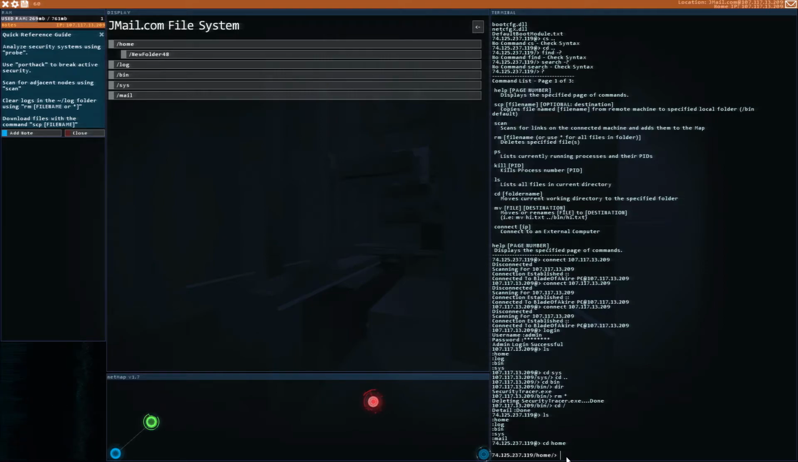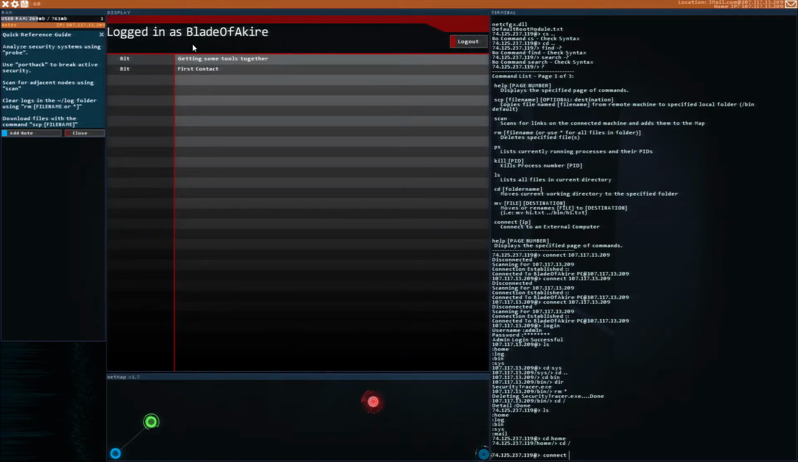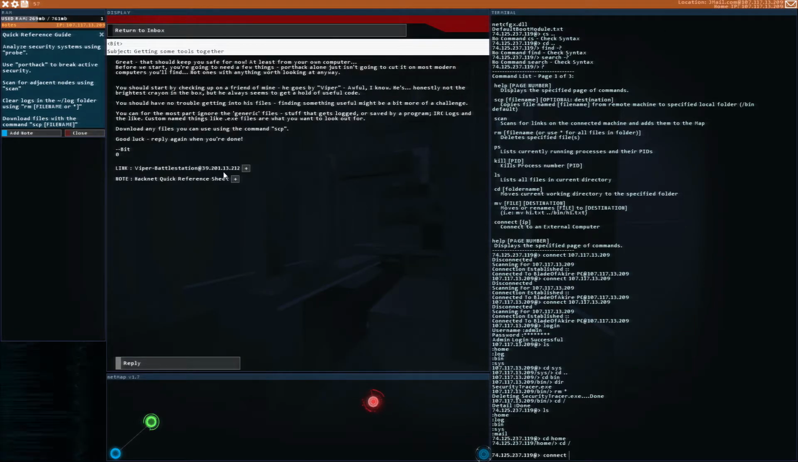New folder 48. Do we put it in there? I'm just going to put it in home, I think. Just put it in home. Right. Can I use connect and then... Oh, I don't know his machine name. Okay. Into the mail. And the IP address is